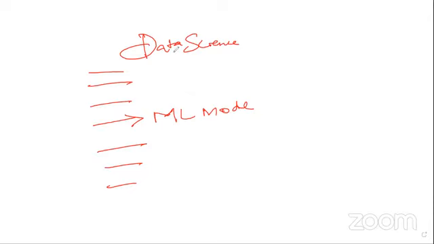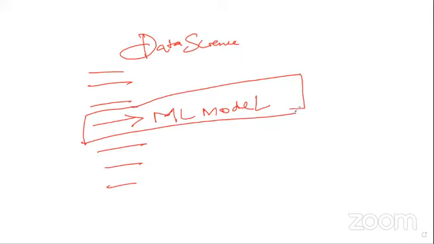So this is the data science. In the data science, we have a lot of processes. No issues, Ravi. In that, one process is the machine learning model. So this process will be automated by AutoML. So what we are doing here,